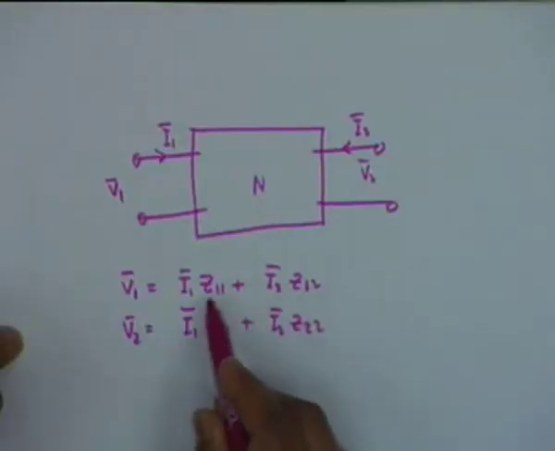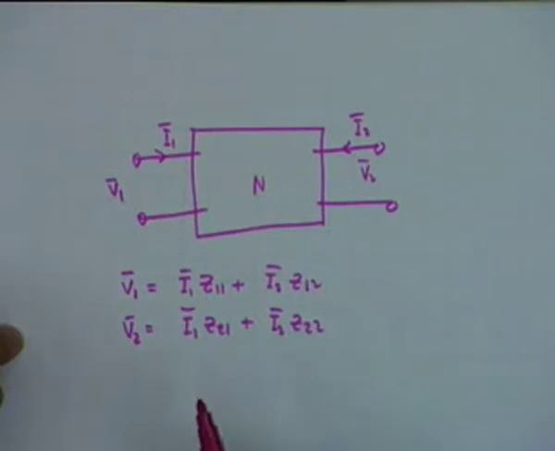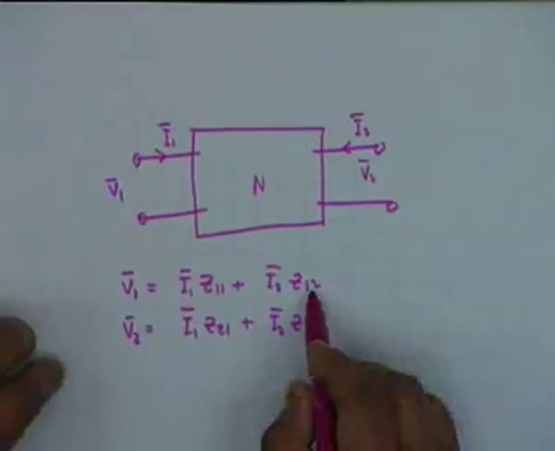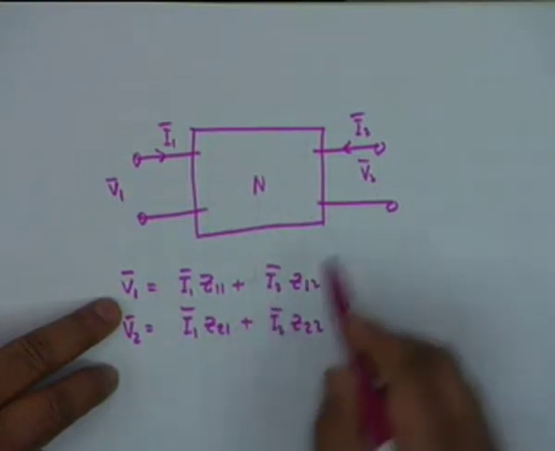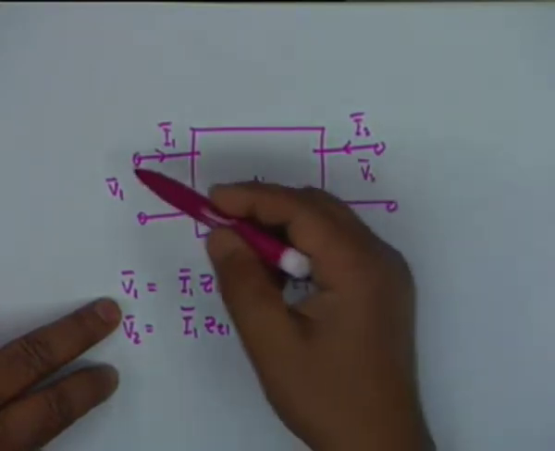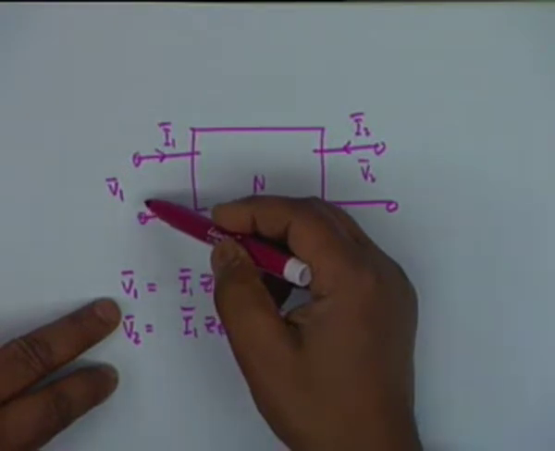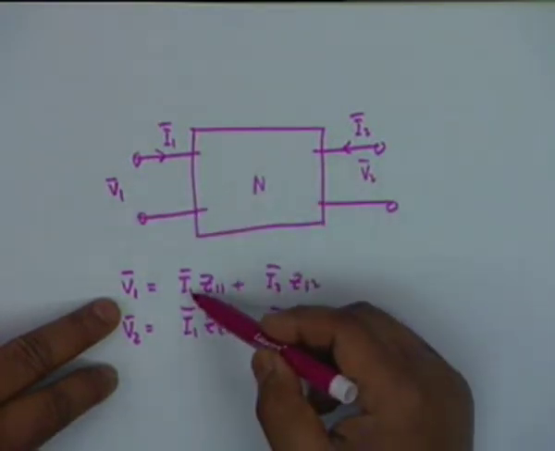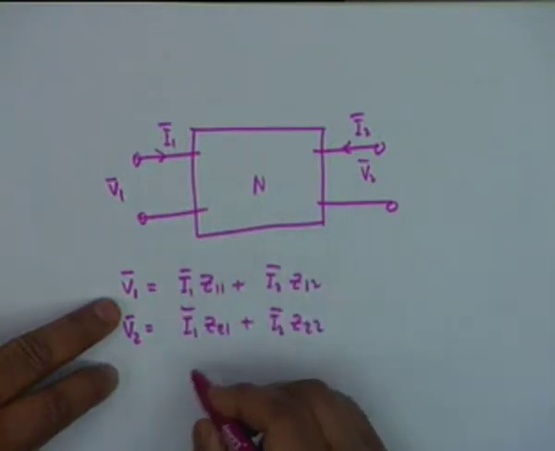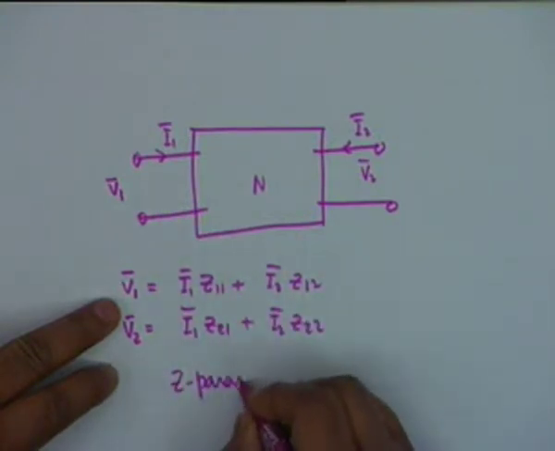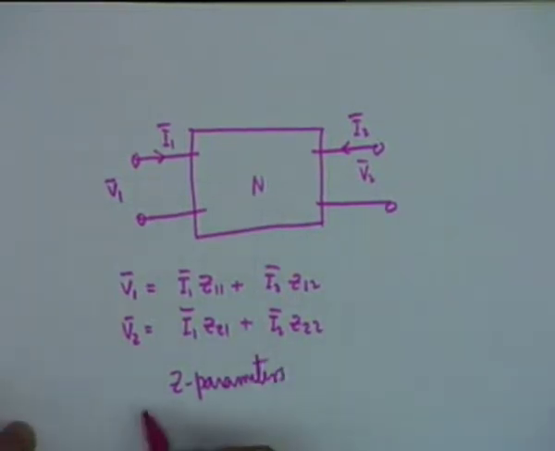In fact, all these 4 parameters Z11, Z12, Z21, Z22, if you wish to measure or define, these will be conditions under open circuit. For example, Z12 is V1 divided by I2, that means you apply a current generator here and measure the voltage under what condition? Open circuit condition. That is, you have to make I1 equal to 0, and therefore these are called Z parameters, and sometimes you use the adjectives OC, open circuit Z parameters.